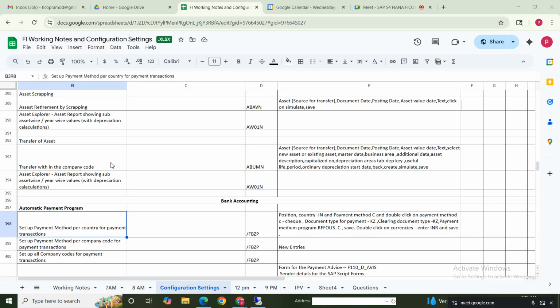In the asset accounting scenario, we had seen the entire configuration settings, and the main part of asset accounting configuration is that we define depreciation areas based on accounting principles and currencies. Do you agree, sir? That is one thing. Second thing, coming back to the